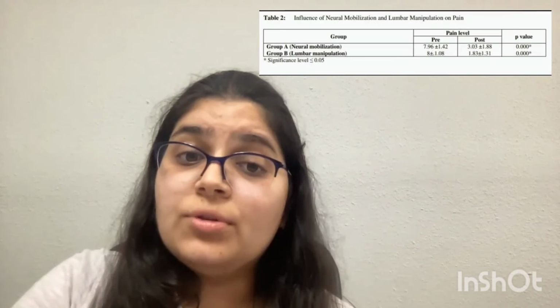Neural mobilization technique included straight leg raising and slump technique, and lumbar manipulation technique included posterior anterior central vertebral pressure, lumbar rotation, and rotation with straight leg raising. Comparison between groups were made for patient-reported pain severity and function. Results showed that both groups showed improvement in pain and functional disabilities, but Group B, which received lumbar manipulation technique,